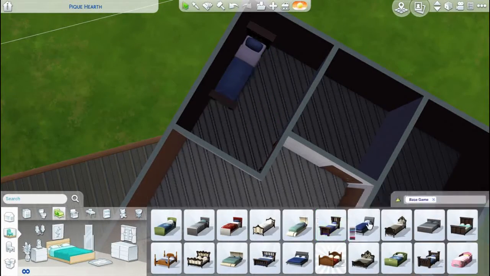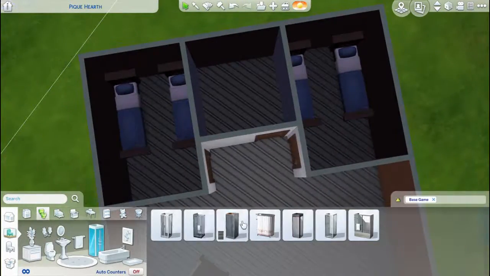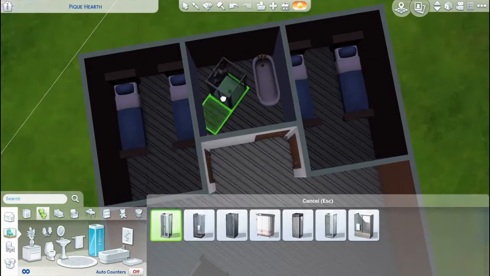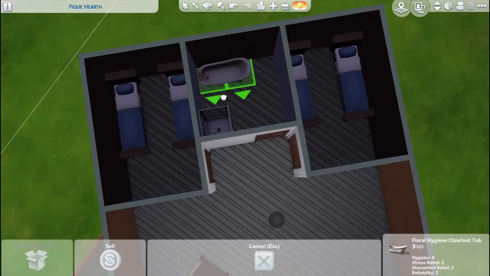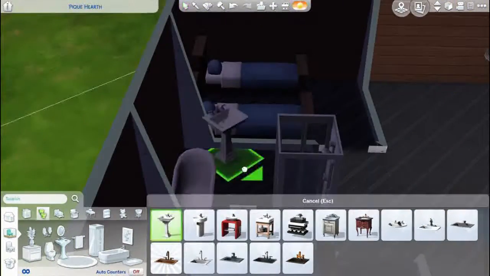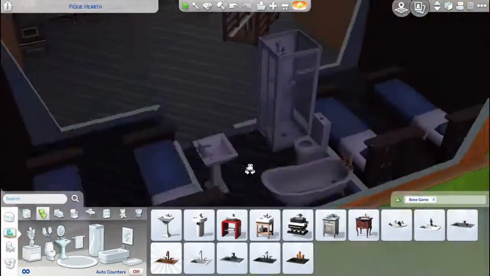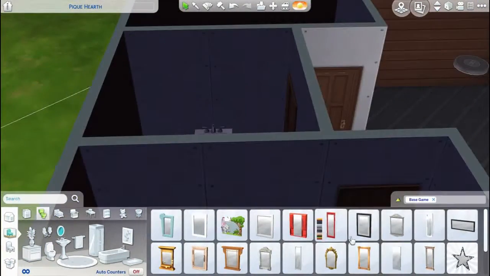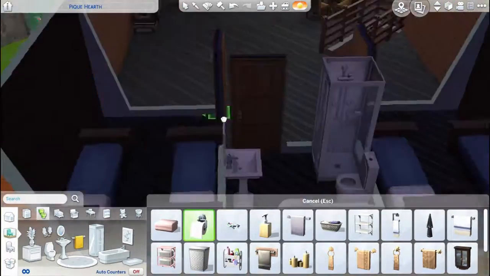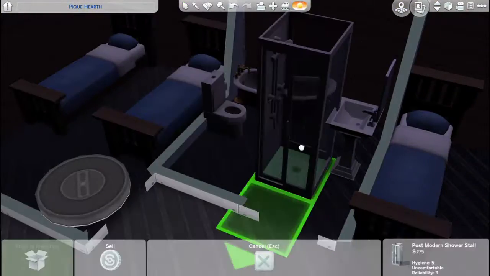So there's 4 beds, and like I said, it's kind of like a hotel, if you will. And this bathroom was actually kind of difficult to make the layout for, because I like all my plumbing to be against walls, for realism. And this was just not working out. And then I realized I say that I like my plumbing against walls, but then I end up leaving that